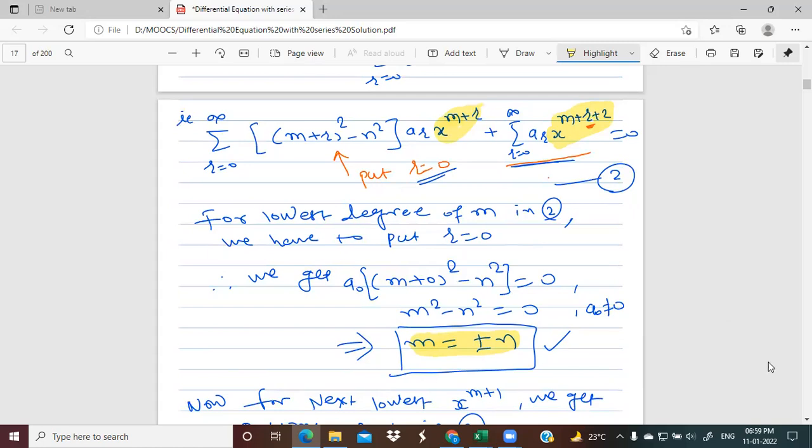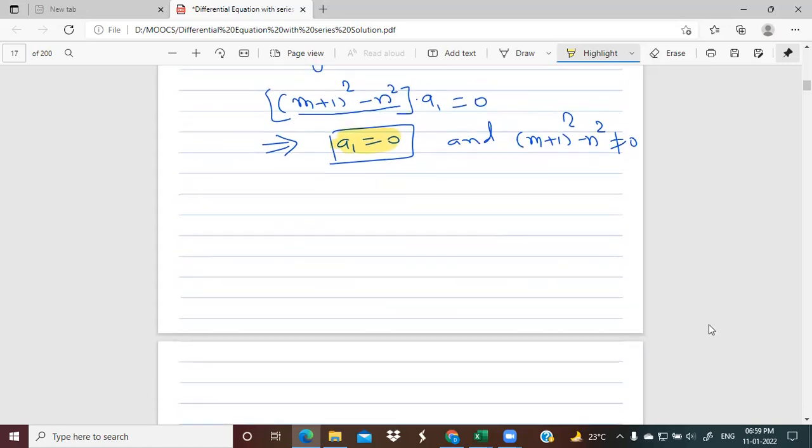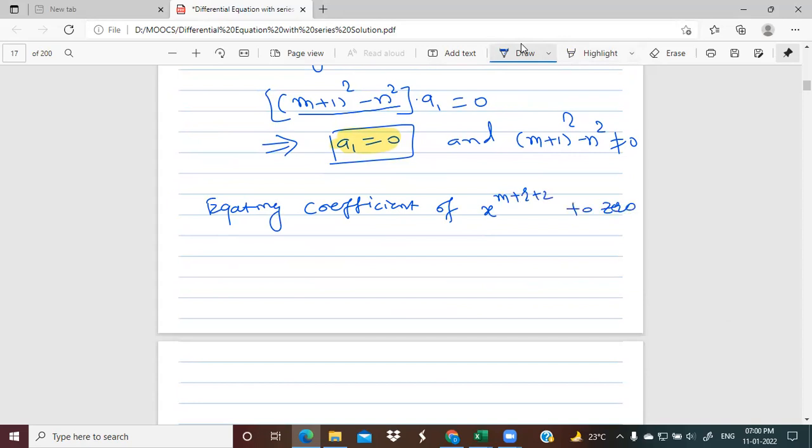Equating the coefficient of x raised to power M plus R plus 2 to 0, we get